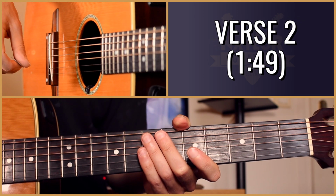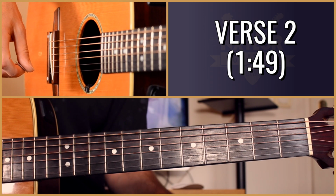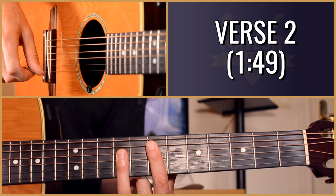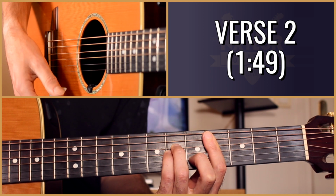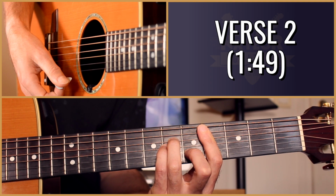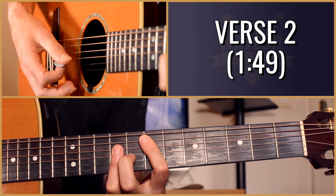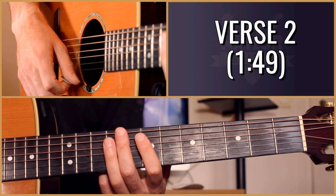Verse 2 at 149 starts in the same way as verse 1, so 2 C sharp minors, 2 E's, again played in the A shape at the 7th fret. So 2 C sharps, 2 E's again. That's done twice. To the E. And then it tails off in a slightly different way, which sort of is the same